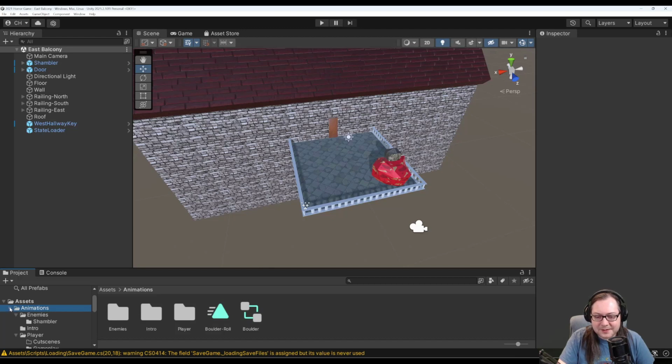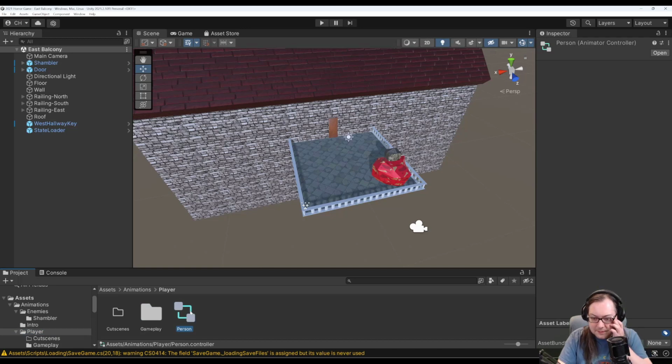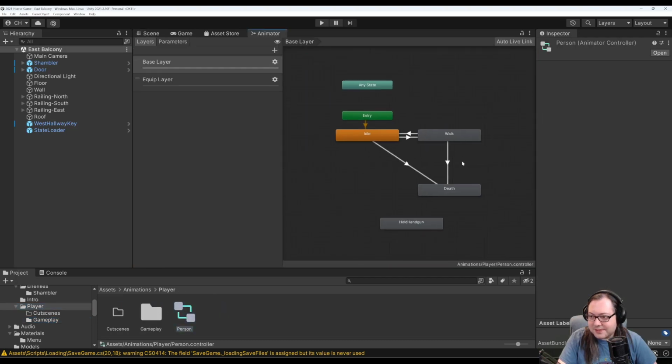Animations, there we go. Okay, so I have an animations folder. And the player just has like a... Oh, okay, so there's an animator. This is an animation controller. Okay, gotcha. And then it has individual animation files. Okay, cool. I forget how all this stuff works, so...